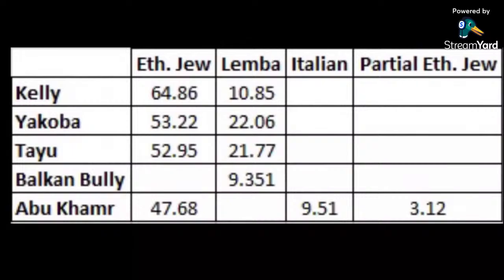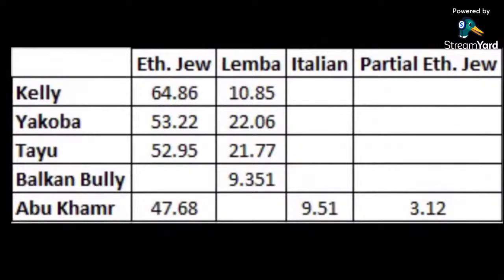Turn your attention to our figures for Ethiopian Jewish, right? My best distance was less than the distances they showed. It was less than Kelly's distance. It was less than the Teotw twins' distance, but it's still, I would say, astronomically high. Even my distance, which is in the 40s, I would say you should treat these numbers as meaning that it is highly unlikely that any of us actually descend from Ethiopian Jews, right? It's possible, but it's not terribly likely.